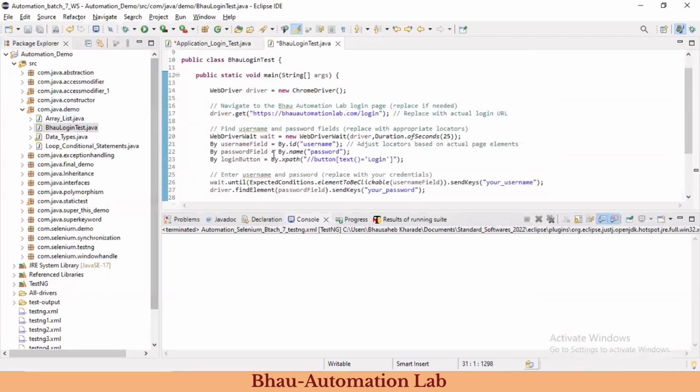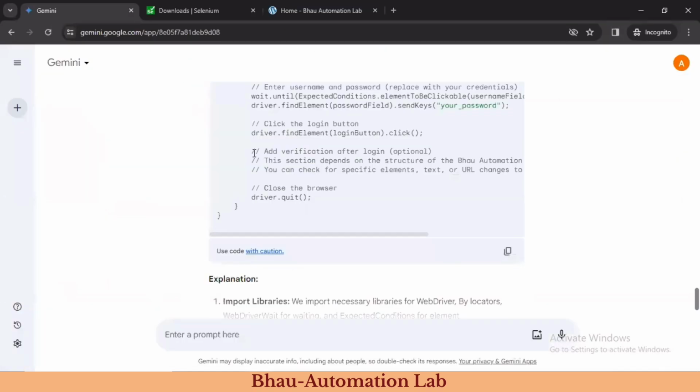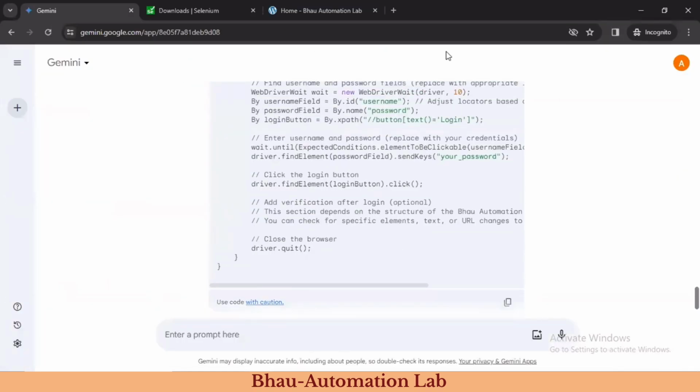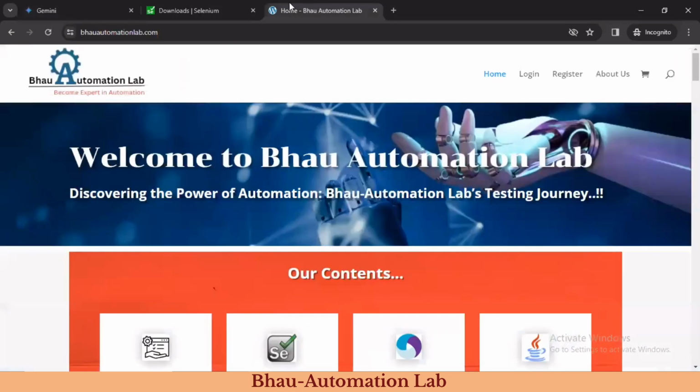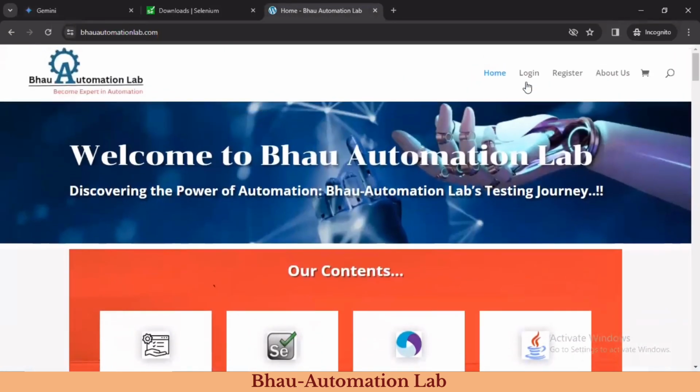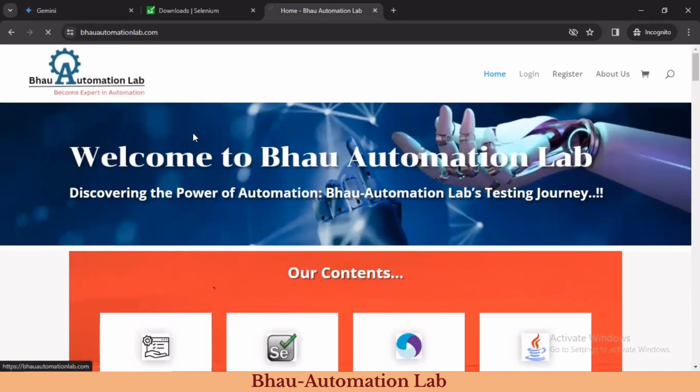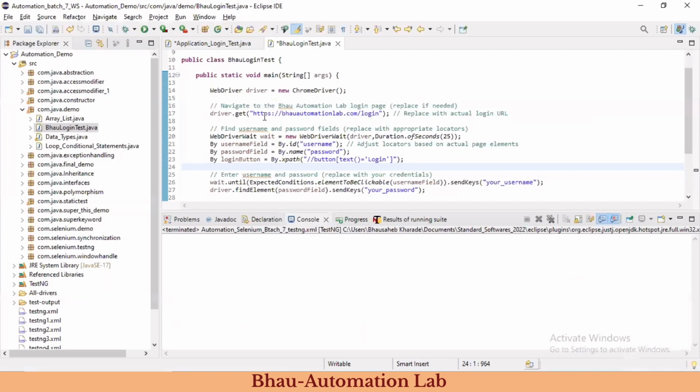Okay, so if you want to find these elements as well, like the ID, or how you have to create the XPaths and everything, you can create them easily using Gemini AI as well. So how to create that? Let's go to the website and inspect this element. I want to click on this login. We are on this login page, right? For example, we are launching this website